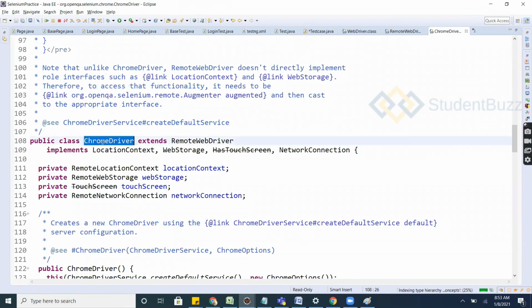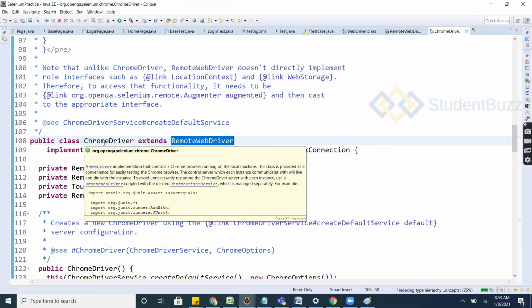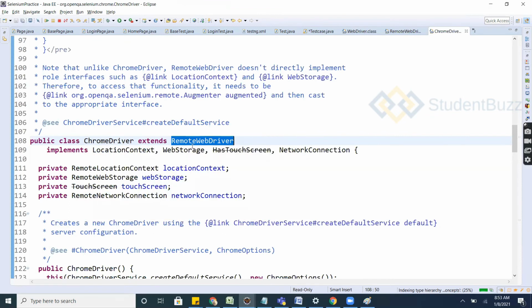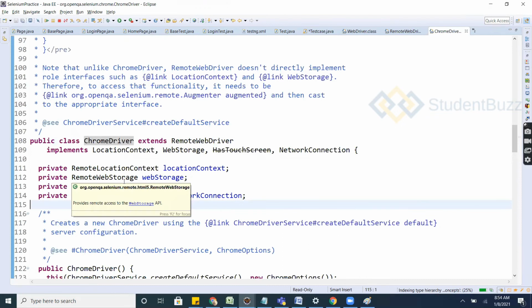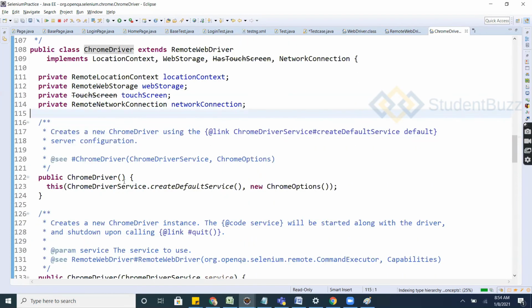Yeah, ChromeDriver is a class. This ChromeDriver extends RemoteWebDriver. The WebDriver methods implemented in RemoteWebDriver are automatically inherited into ChromeDriver, so ChromeDriver will have all the features of RemoteWebDriver. ChromeDriver itself does not implement any of the methods declared inside the WebDriver